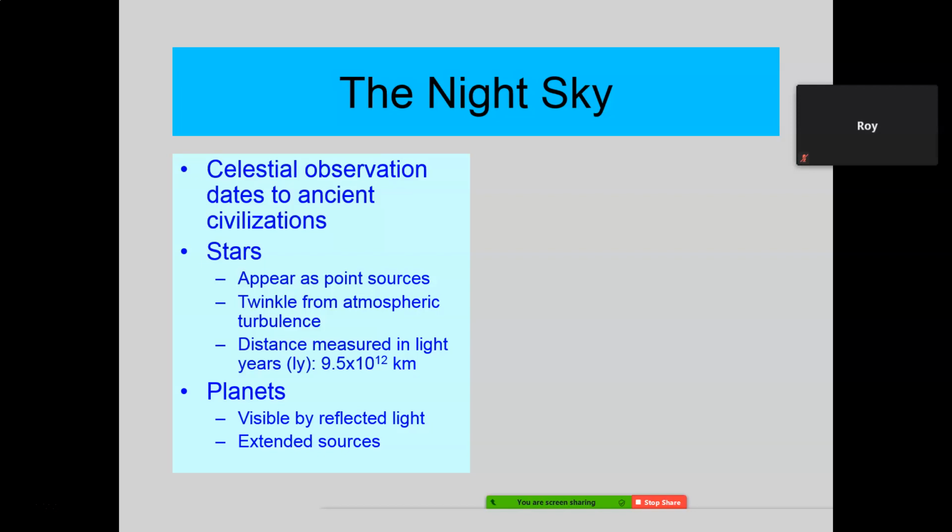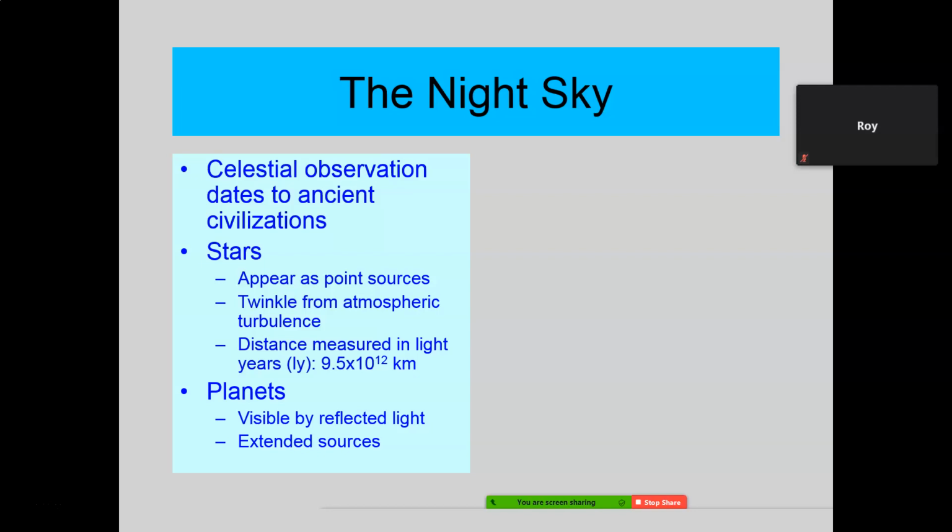Let's see. I'm just going to say about 160, I'm just making a guess, 160 million kilometers away. That may not be exact, but it's somewhere in that neighborhood, maybe less than 150 million kilometers away.